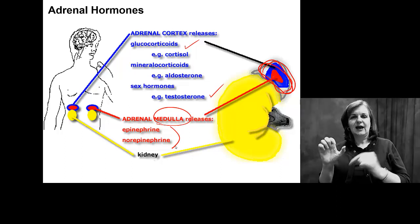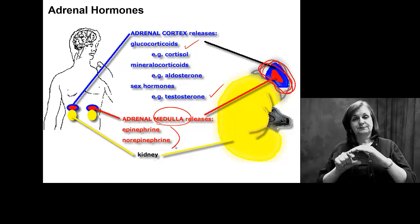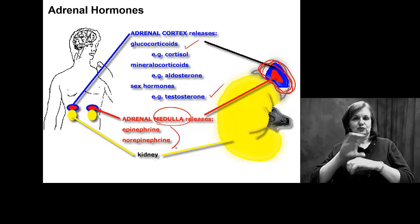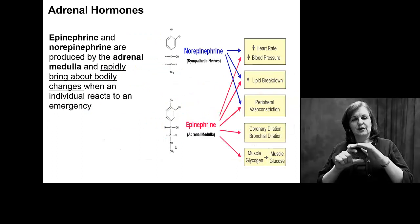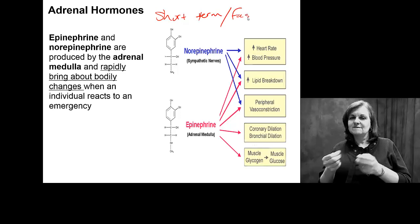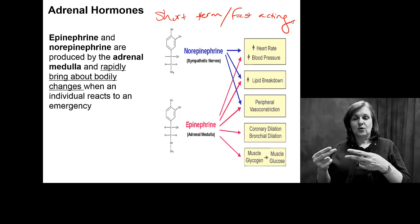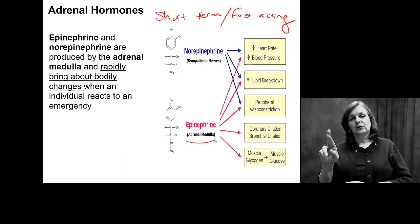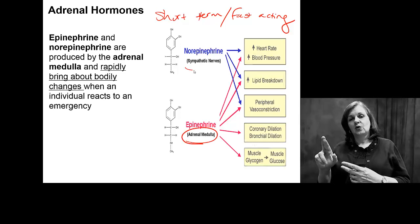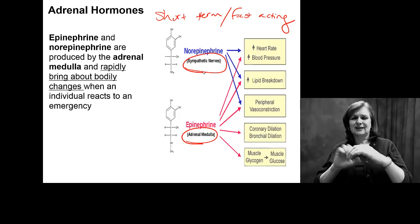And what we look at is whether you're dealing with the cortex or the medulla, the hypothalamus and the pituitary gland are going to control both portions of your adrenal glands. Epinephrine and norepinephrine would be short-term, fast-acting hormones. And what we see is they're associated with either the adrenal medulla and our epinephrine, or our norepinephrine and our sympathetic nerves here. They're both produced by the adrenal medulla, but what we want to see is what they work